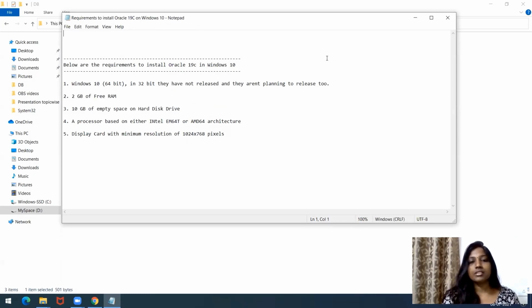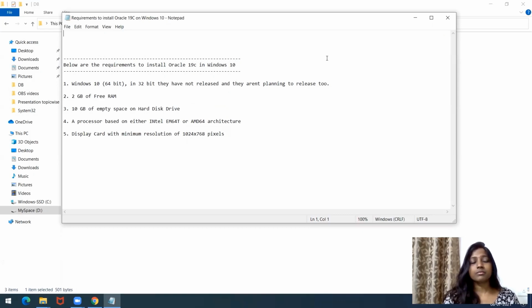The next one is 2 GB of free RAM, so that it has the capacity to run smoothly. And then 10 GB of empty space on your hard disk so that it can use the space wisely for data collection.